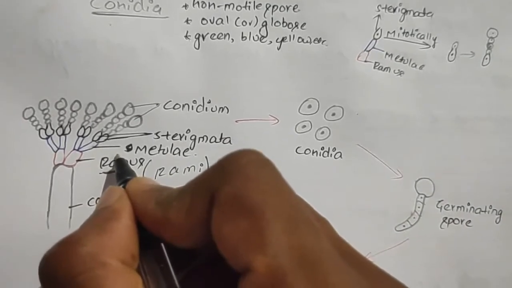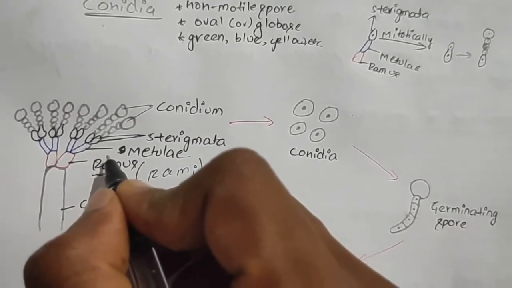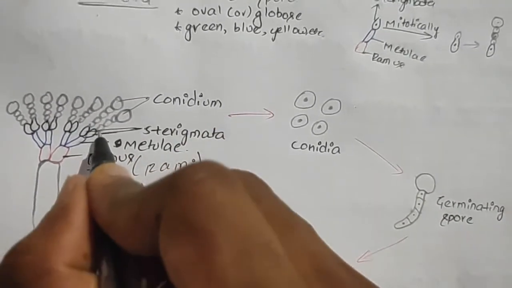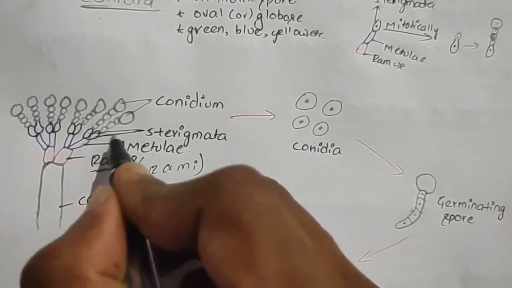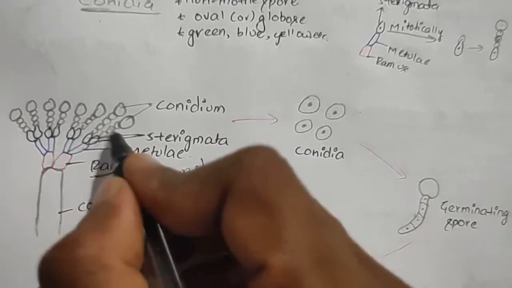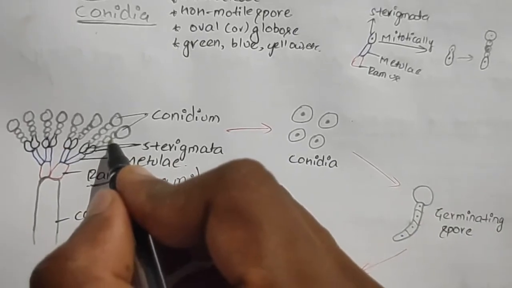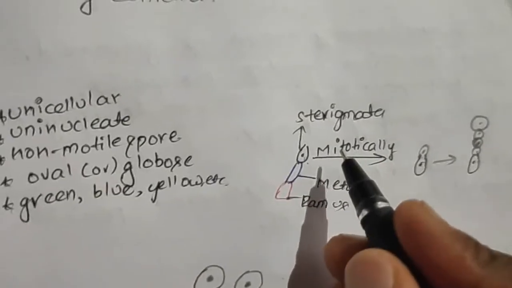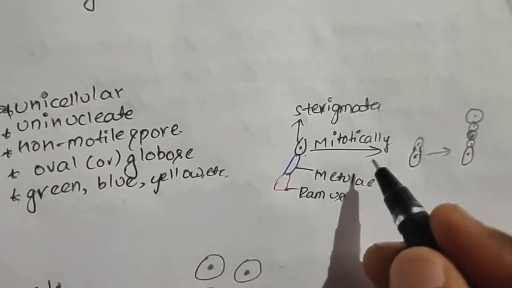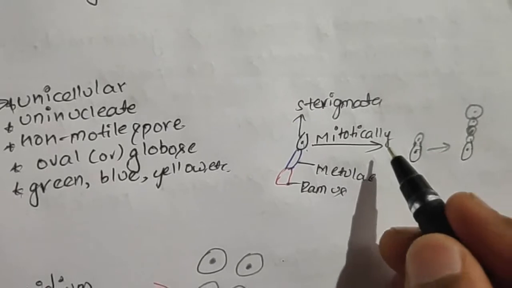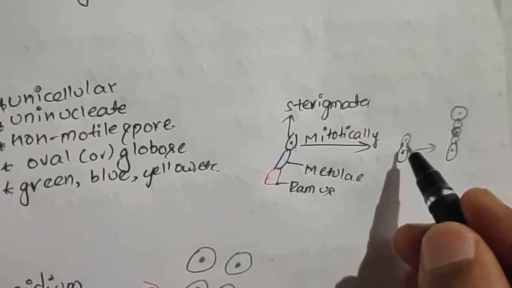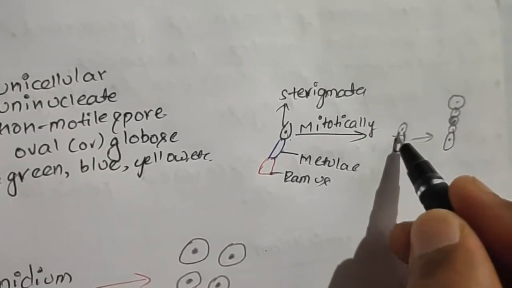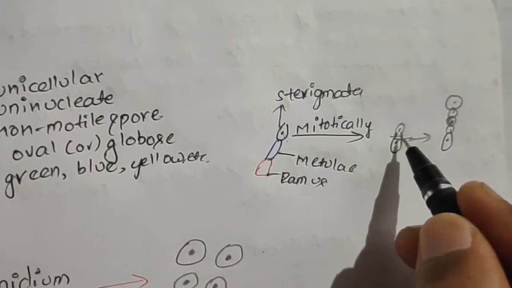At the tip of each medullae, a number of flask-shaped branches develop, which are known as the sterigmata. The thing written in black color is the sterigmata. From the sterigmata, the conidia are formed. The tip of the sterigmata swells up and undergoes mitotic division to form two nuclei, of which one nucleus is pushed towards the swollen region, and by a partition wall this swollen region is separated from the mother, and a new